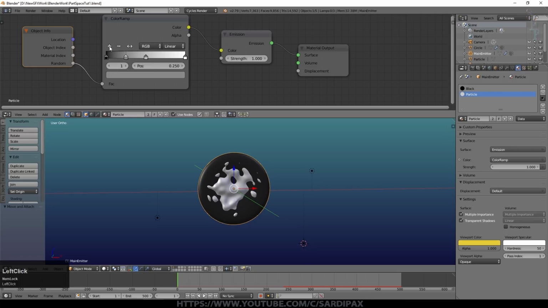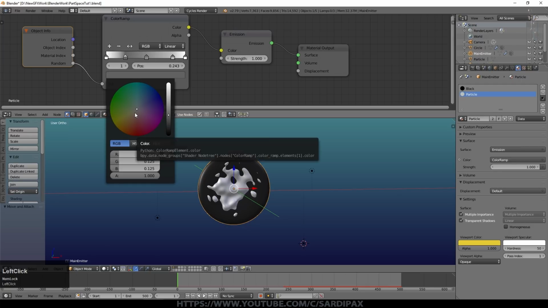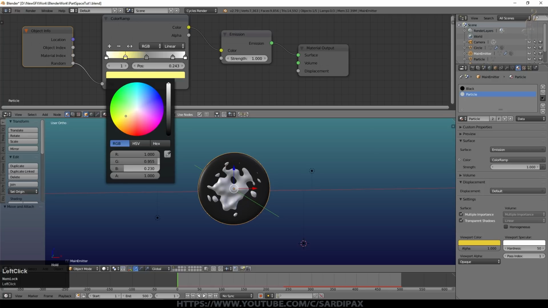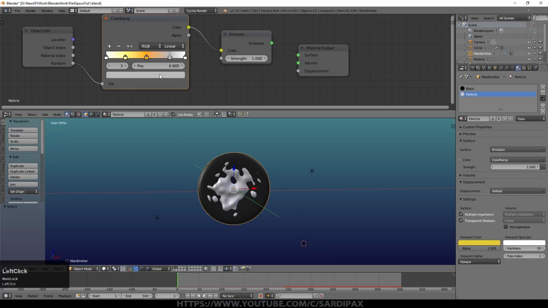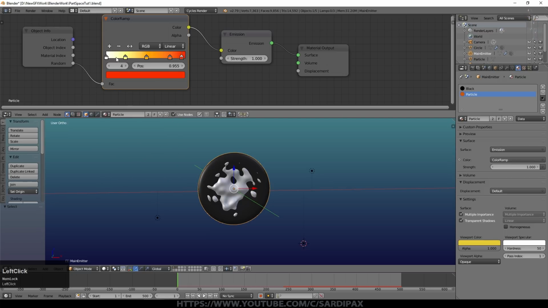So essentially each particle we create will have a new random number allocated to it. Let's create a few more points in this color ramp. Let's set this one to white, this one to a bright sort of yellowy white, this one a bright orange, this one perhaps a deeper orange, and this one almost a red colour. If we lift that up a little bit, it'll increase the number of particles of that colour. And you can obviously put anything you want in there.